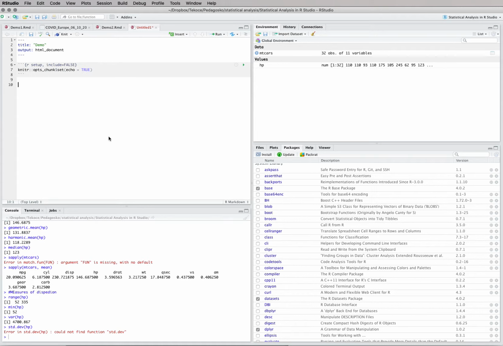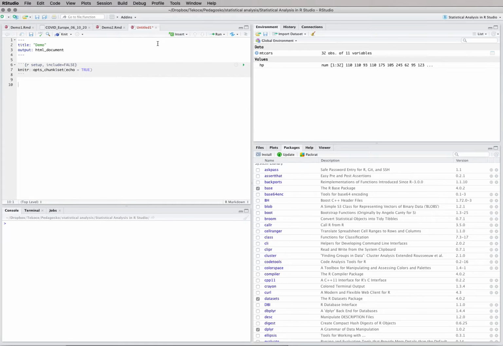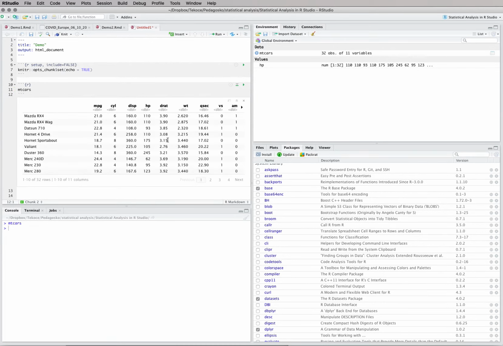So how to do some descriptive statistics in R. We are starting with a fresh new markup here, and we'll insert some code like this. We're going to work with the mtcars, which we already used previously. The mtcars has a range of variables, data coming from motor cars magazines, and it's some basic data on